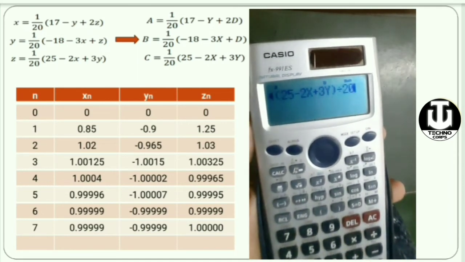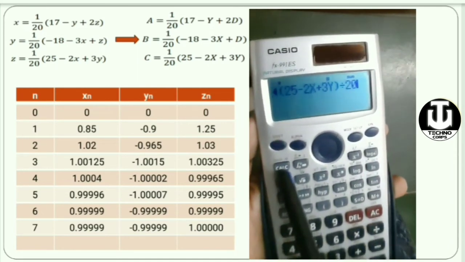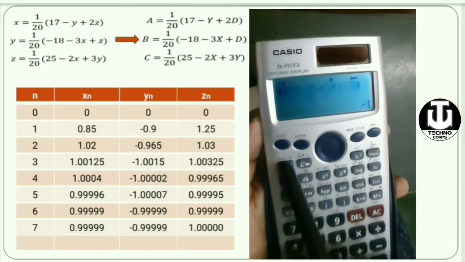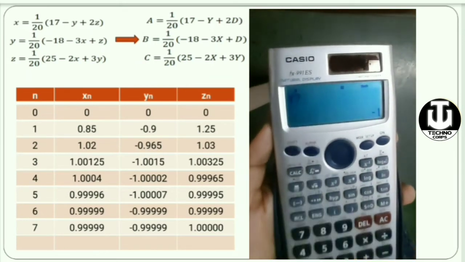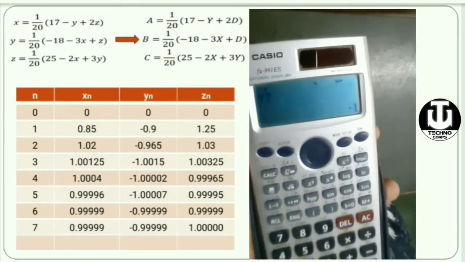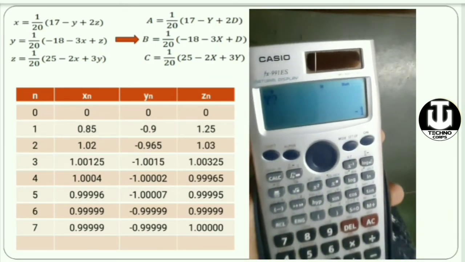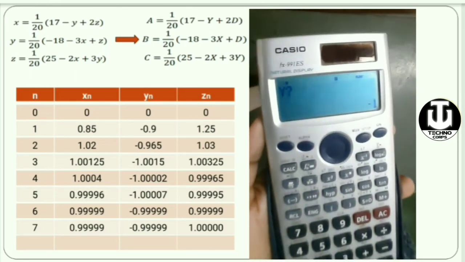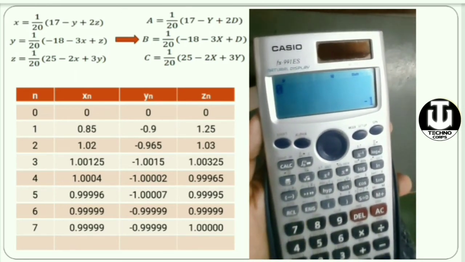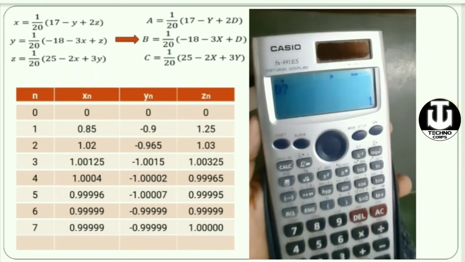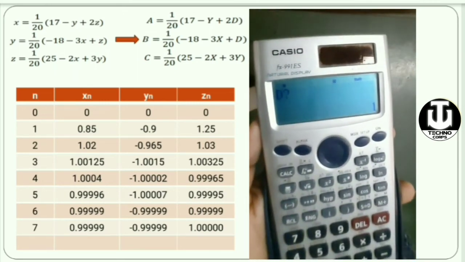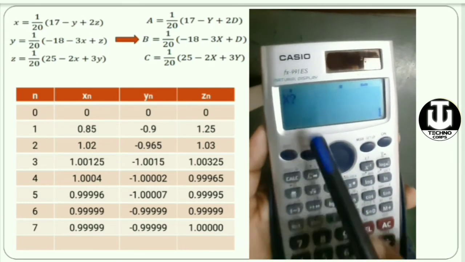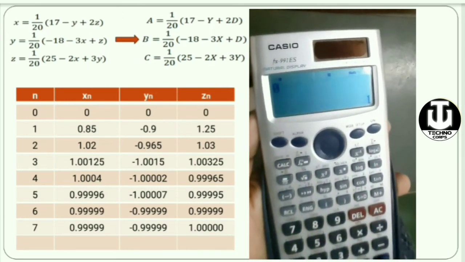Now what we have to do is press this calc button. So I am pressing the calc button here. It is asking for the value of y. We have seen that the initial value we have taken is 0, 0, 0. It is asking for the y value, so I take 0 and press equal. It has been assigned 0 for y. Now it is asking for the z value, that is d, so again pressing equal, 0. What is x? That is again 0.